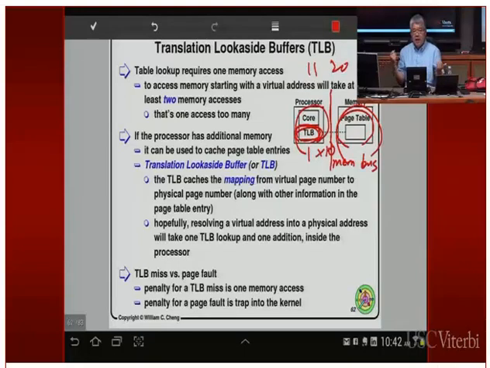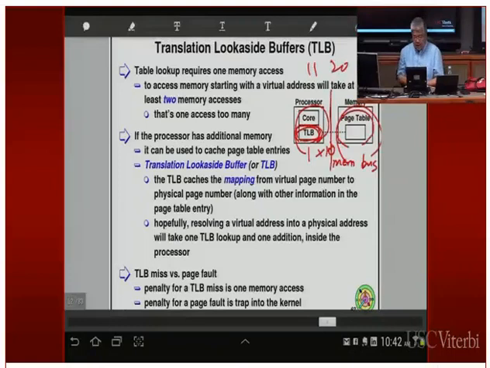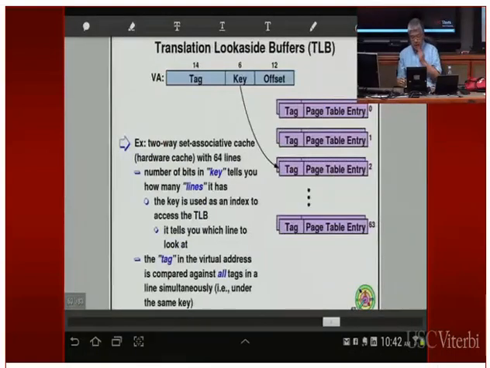If you have the hash table scheme, you have to walk down that chain. So again, don't walk down that chain. Before you walk down that chain, first look into the translation look-aside buffer to see if you have that page table entry. If you have it, then you don't have to walk that data structure because you jump directly into the page table entry and you can access memory. So that will save you quite a bit, even if you have a hashed solution.